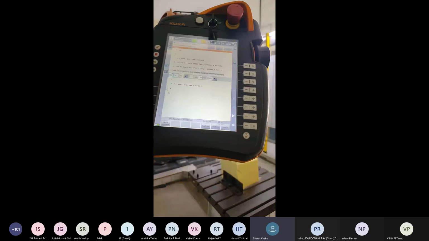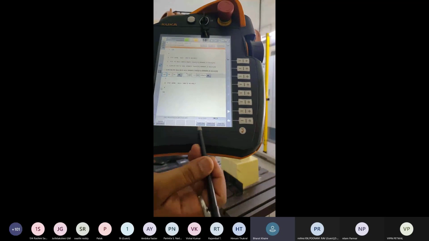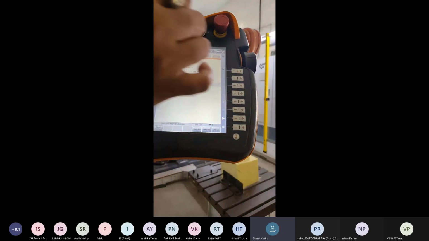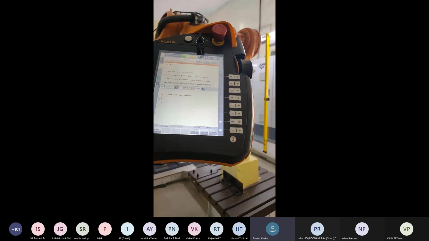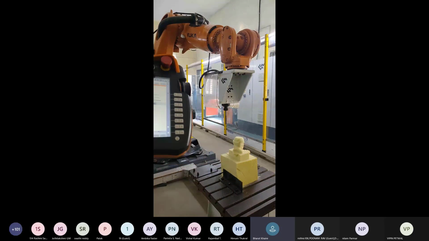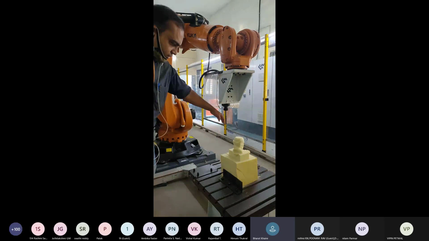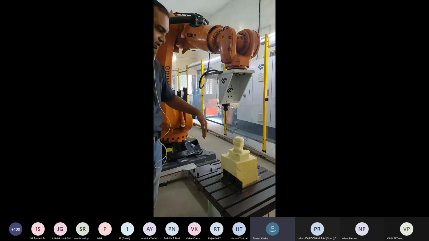After selecting the circle, we have some additional options here: teach auxiliary and teach end. Teach auxiliary means the middle point of the arc, and teach end is the end point of the arc. Now we are going to the auxiliary point. The auxiliary point will be here. So we will move the robot in the y minus direction 200 mm and the x plus direction 200 mm. It will be the auxiliary point of our first semicircle.